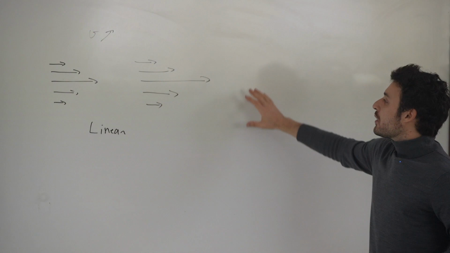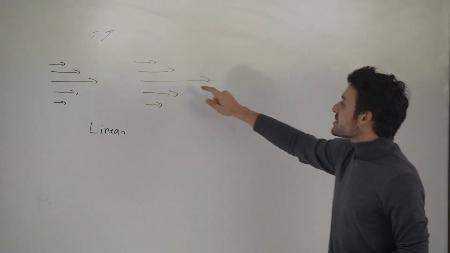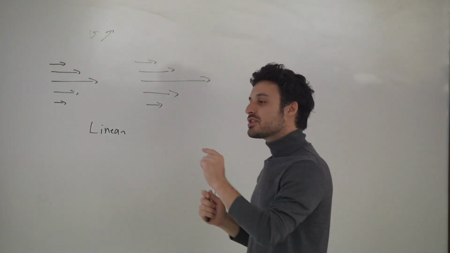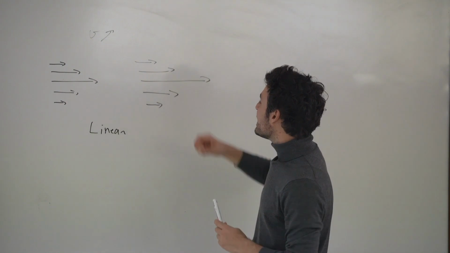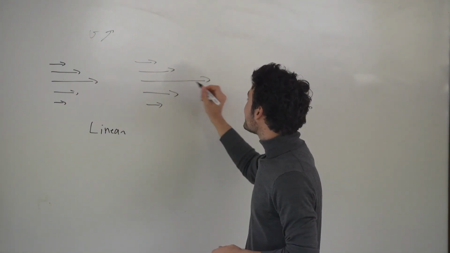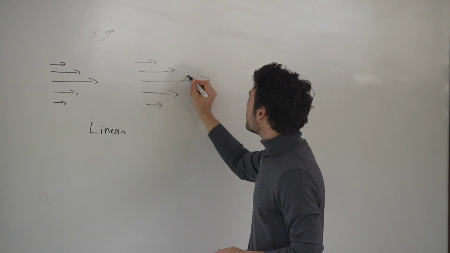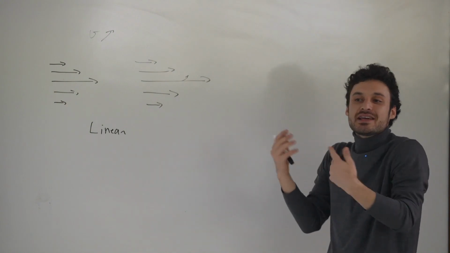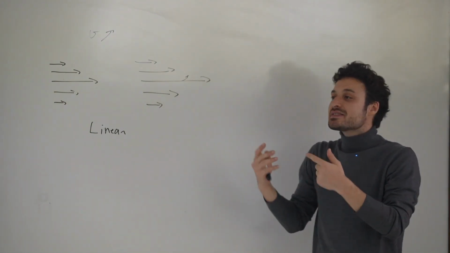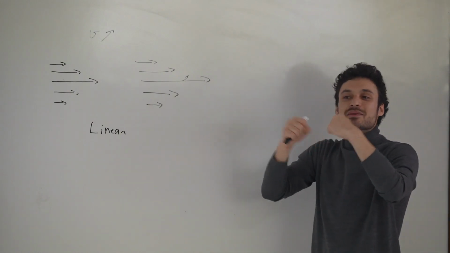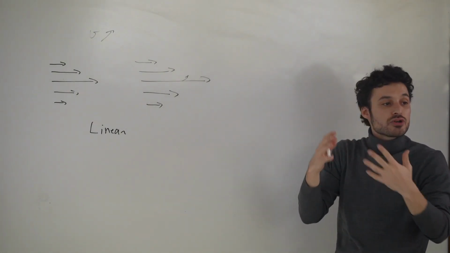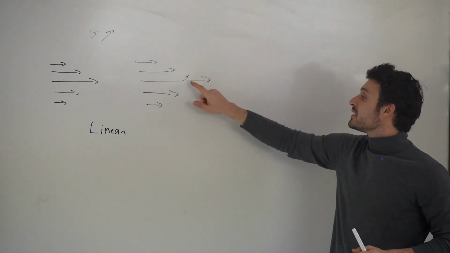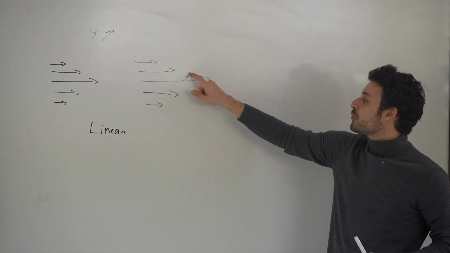But what starts happening once you reach a certain critical point is that actually the difference in speed between neighboring layers becomes so large that actually a tiny fluctuation here, so one little molecule just deviating a little bit from this trajectory. So for instance, when you model a flow, you're really only looking at layers of fluid, but these layers of fluid, they contain billions and billions of molecules, right? So you can imagine that there's some random movement within the layer of fluid due to the motion of the molecules themselves. So imagine in this layer, one little molecule just bumps into another, and it sends a patch of the layer upwards like this.